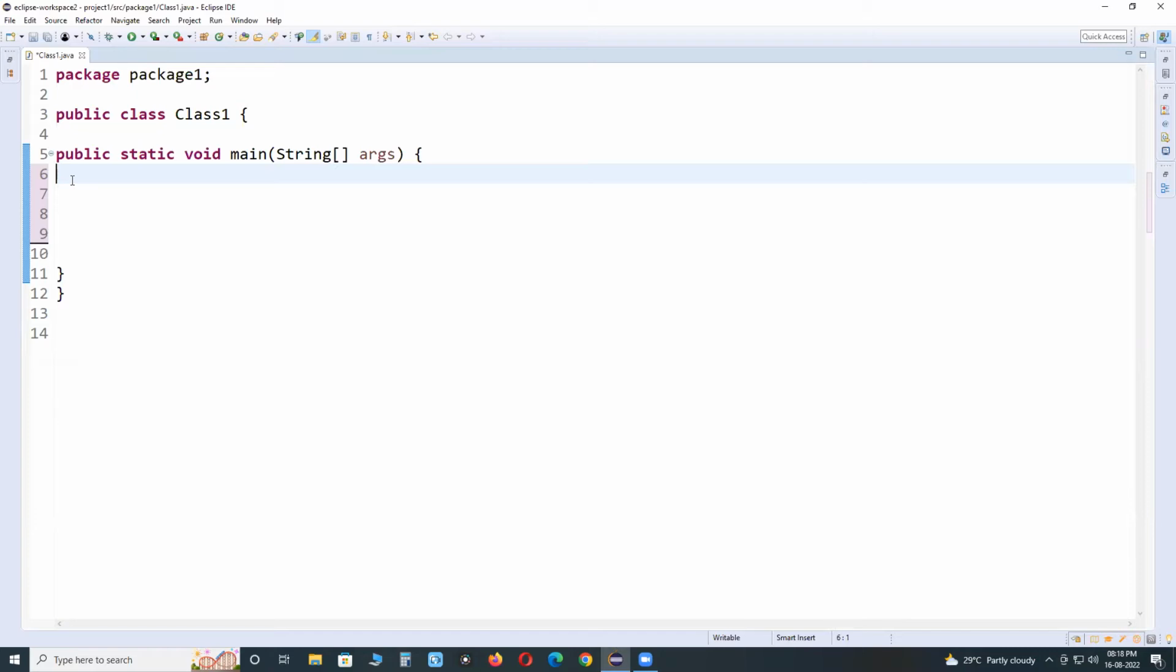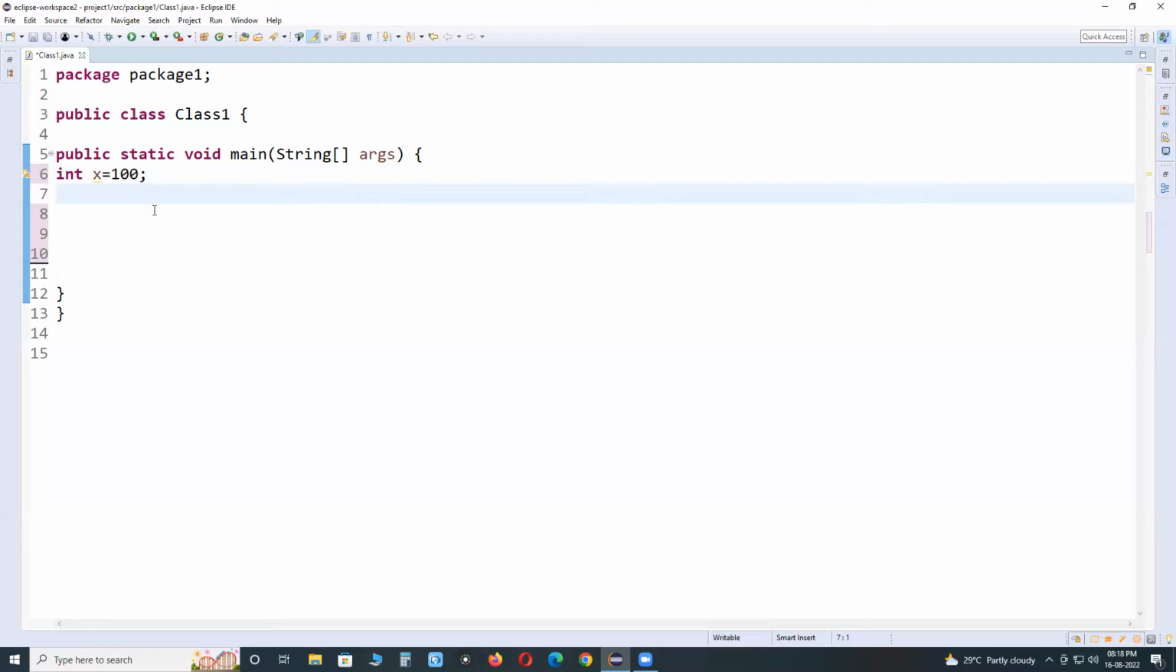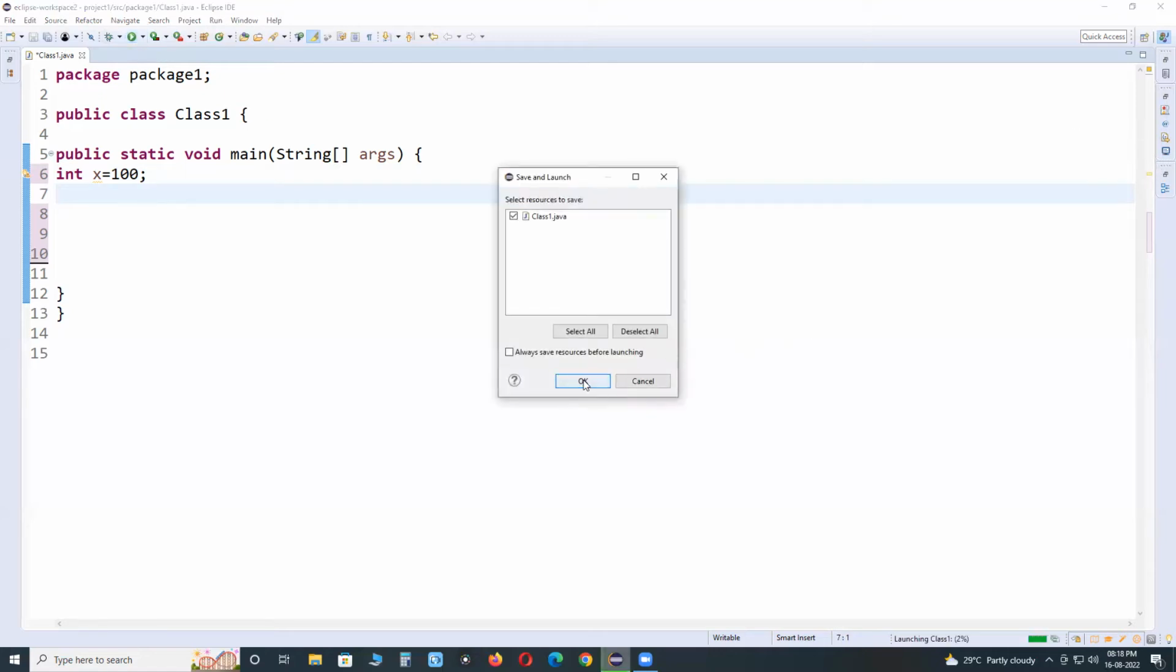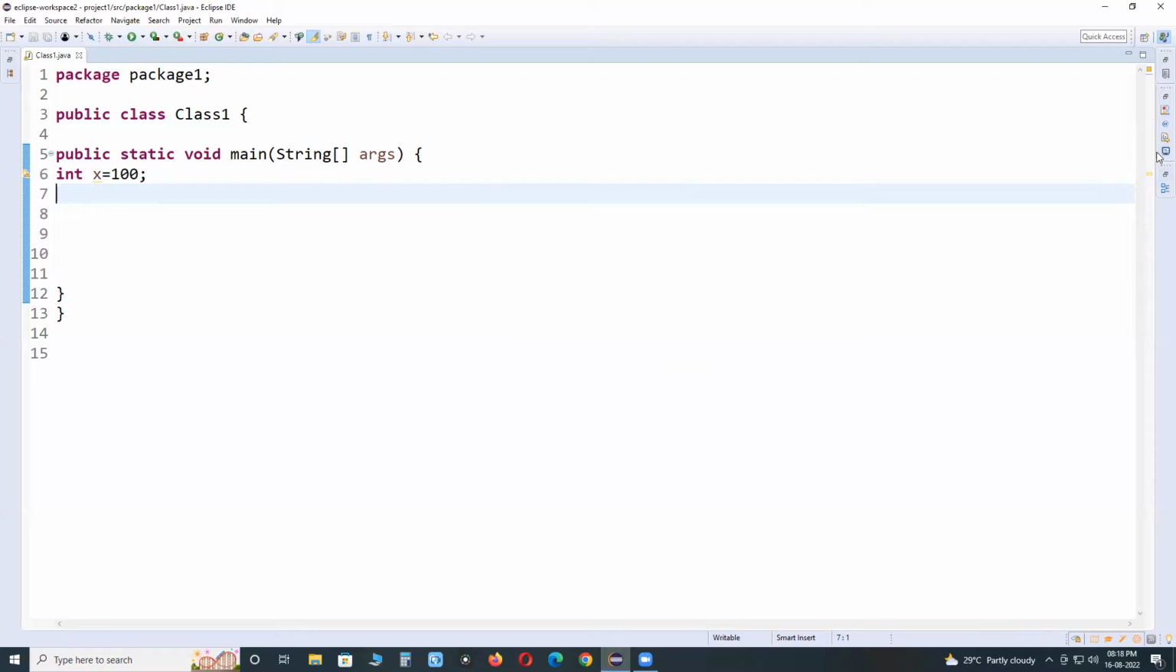Observe. Suppose int x equals 100. I declared an integer type variable and assigned a whole number, an integer. So no syntax error. If you try to execute, no output, nothing. Execute. Open the result console: blank. Okay. Next, if you enter